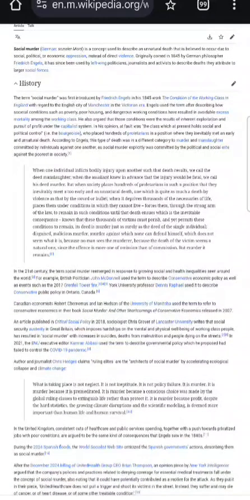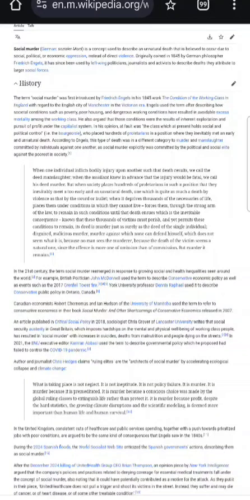He said, when one individual inflicts bodily injury upon another such that death results, we call the deed manslaughter. When the assailant knew in advance that the injury would be fatal, we call his deed murder. But when society places hundreds of proletarians, remember that's the working class, in such a position that they inevitably meet a too early and unnatural death, one which is quite as much a death by violence as that by the sword or bullet, when it deprives thousands of necessaries of life, places them under conditions in which they cannot live, forces them through the strong arm of the law to remain in such conditions until that death ensues, which is the inevitable consequence,